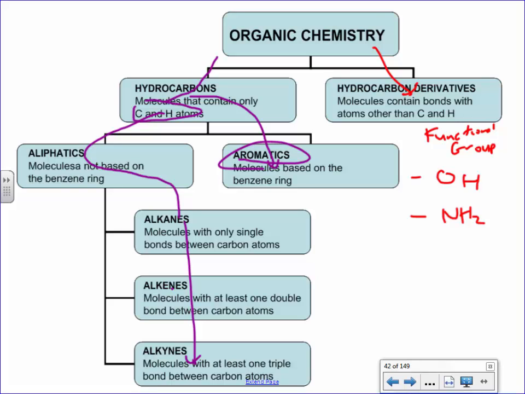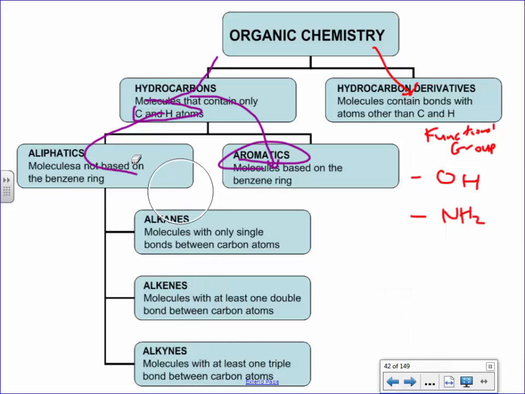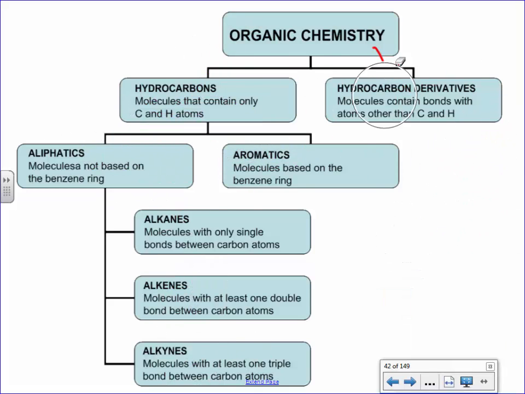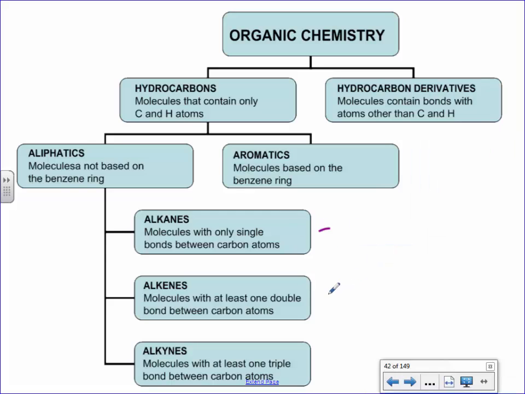Okay, let's move on here because I've only got half an hour left. What we want to focus on now is adding to this chart. We covered a lot yesterday. We talked about how to do single bonds, double bonds, and triple bonds, as well as cyclos. Today we're going to focus on a whole branch involving the benzene